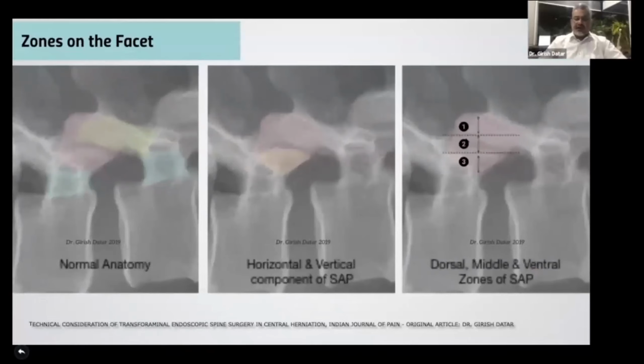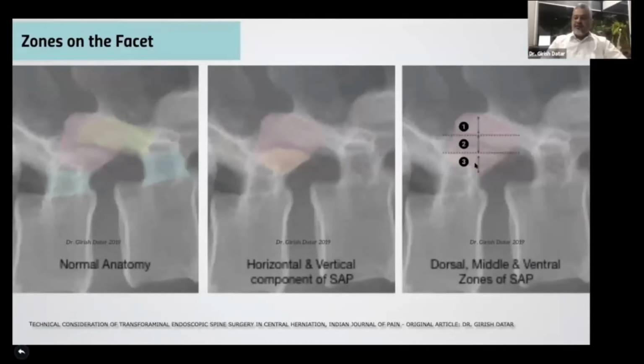Now, if you see the superior articular process, the superior articular process is a biangled bone. So you have the vertical component, and then you also have the horizontal component of the bone. The horizontal component of the bone is seen as an end-on picture here, and the vertical component is all overlapped with the inferior articular process.